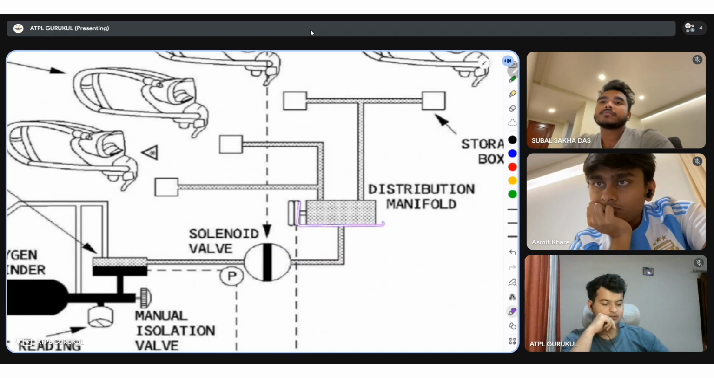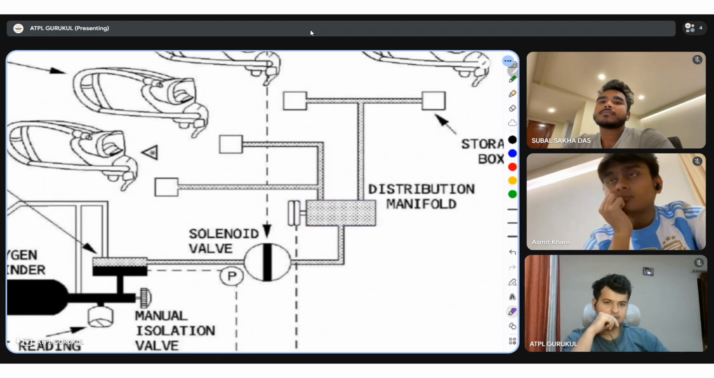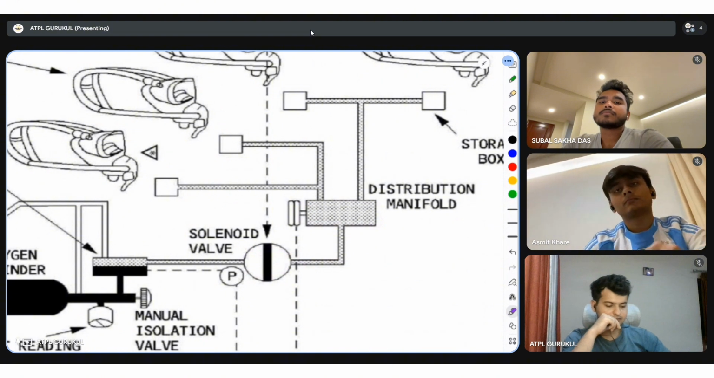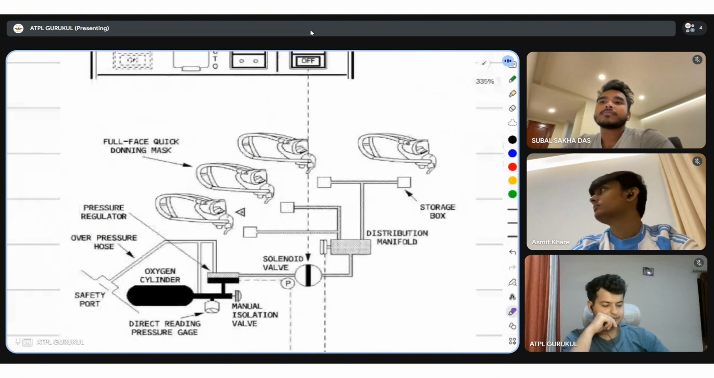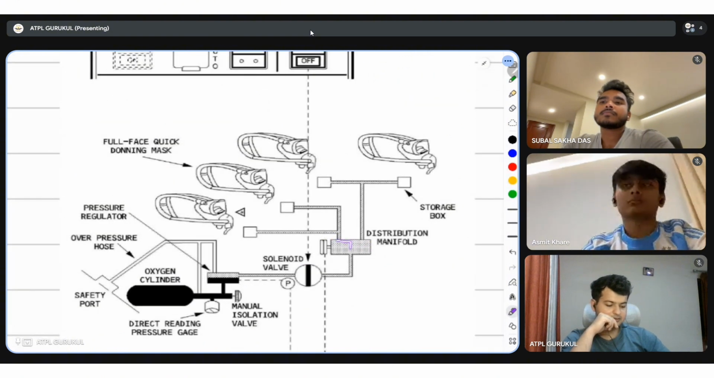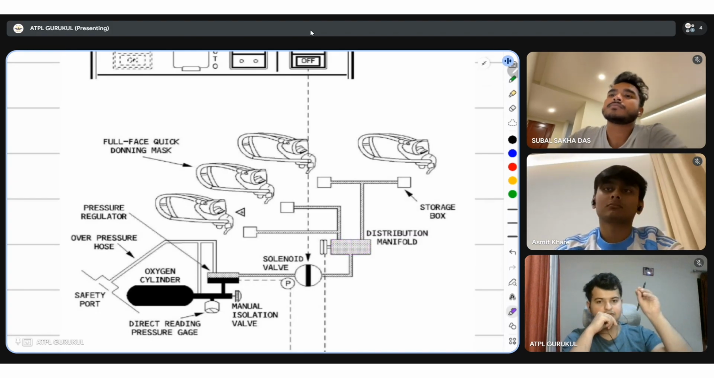Supply the pressure to the distribution manifold. Why distribution manifold? Because there are four. Three is the minimum, but there can be four. So this is basically distributing the pressure to all the hoses, the